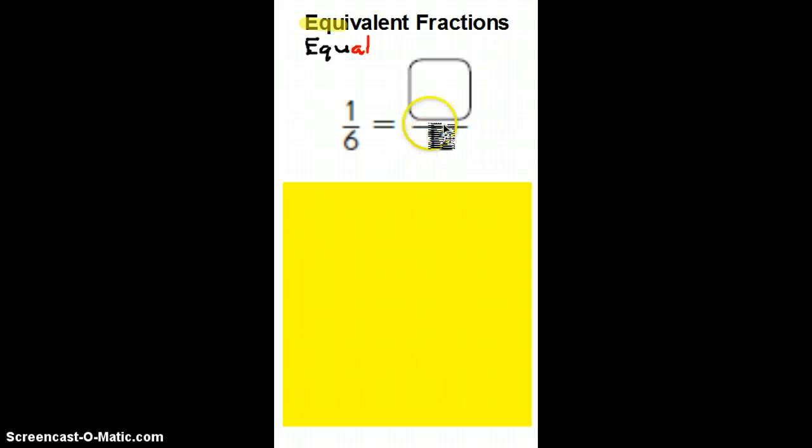Now we can do this if we have the numerator. Remember, numerator starts with an N, and like a name, it goes at the top, like a name would go on the top of your paper. Numerator, like name, top, and the denominator goes in the bottom because D, which denominator starts with, stands for down. Okay, so they gave us the denominator, and we can figure out what the numerator is just by knowing the denominator. So, if we want to find out an equivalent fraction for 1/6 that has a denominator of 12, or in other words, we want to find a fraction with the denominator of 12 that's equal to the fraction 1/6,